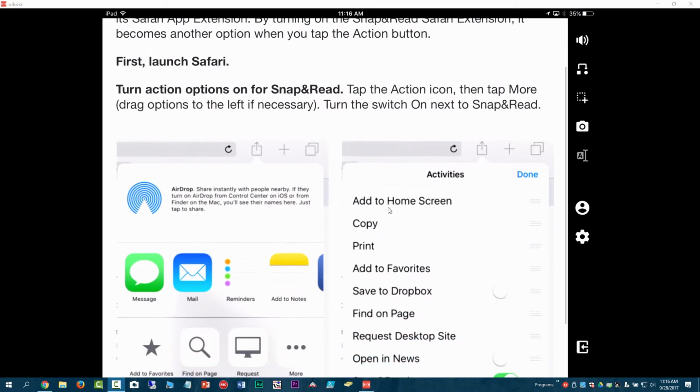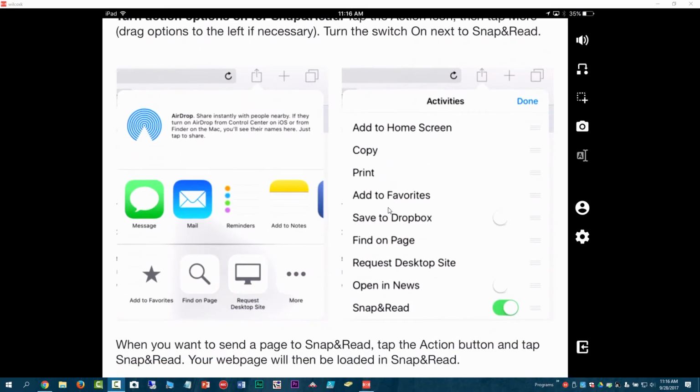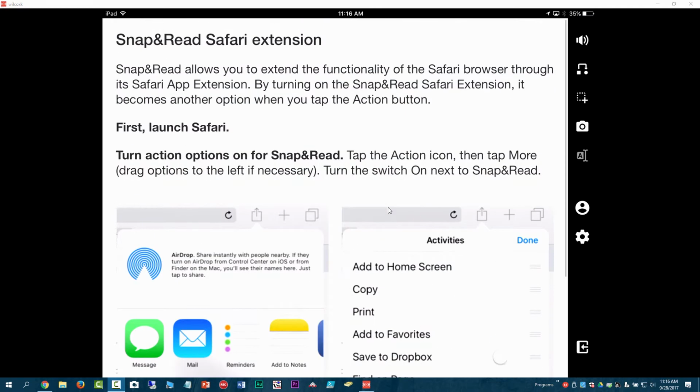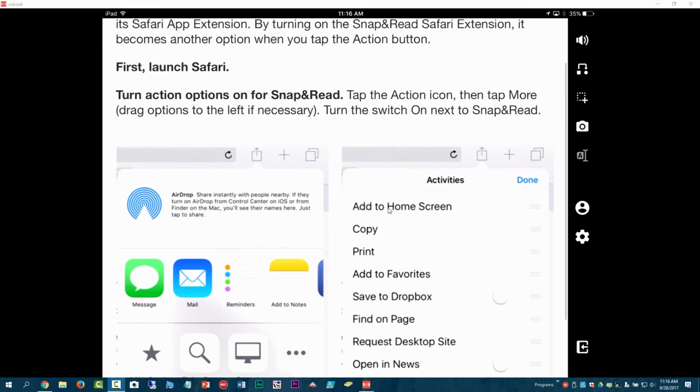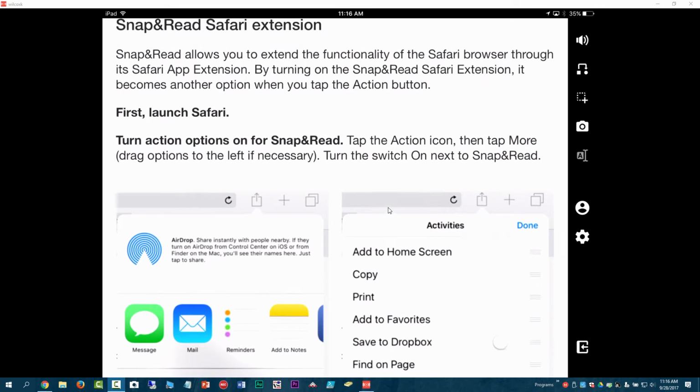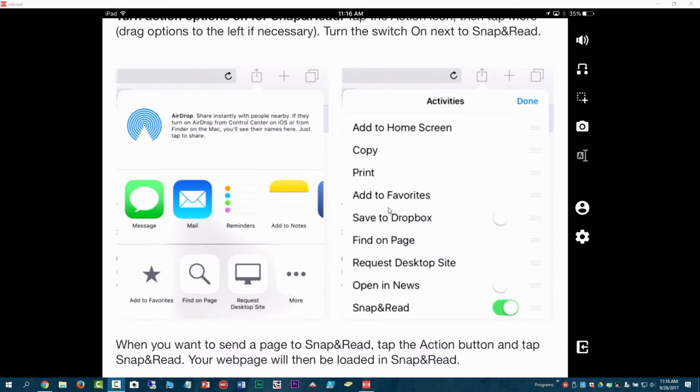it's showing us basically just the instructions on how Snap and Read works, and you can see that you need to add it as an extension in the Safari browser. So I think it only works in the Safari browser, so we just need to add it as an extension. So let me pause this, and I will switch over to the Safari browser and we will check it